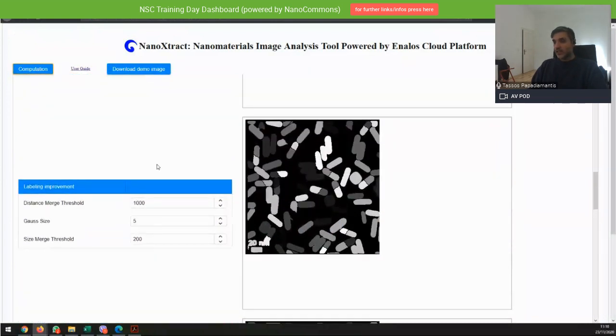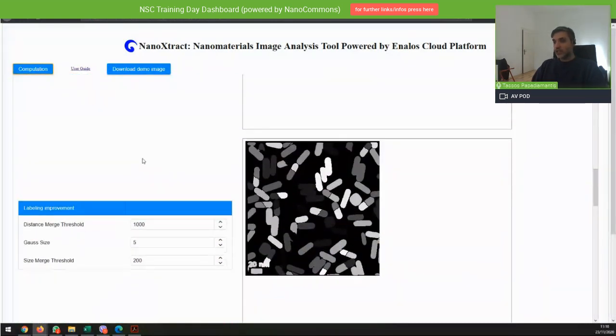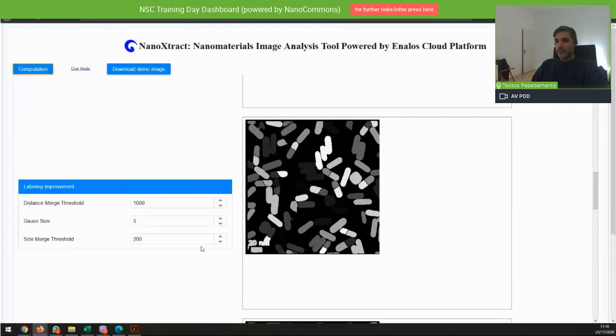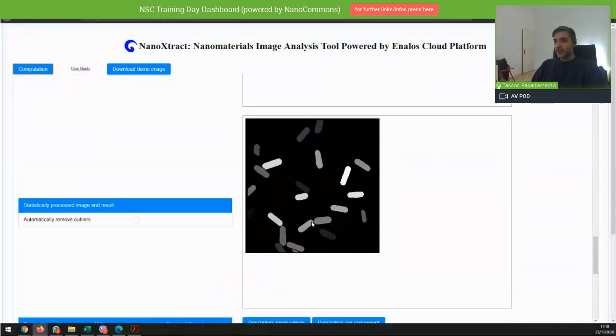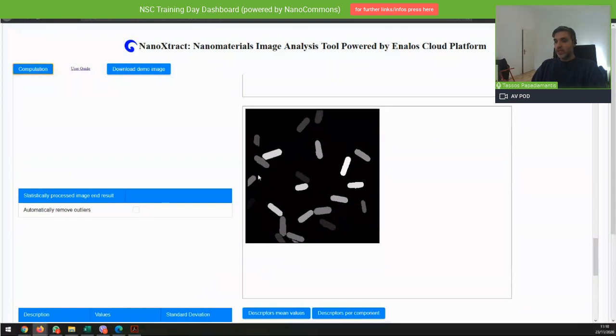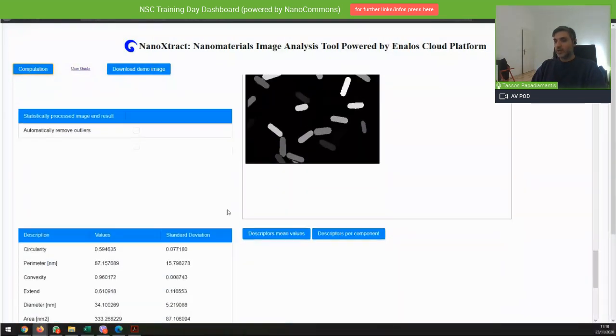Okay, now as you can see, by changing these things, it became a lot better. Now we have a lot fewer nanomaterials identified while we started also dividing these ones here. And eventually, if we go to our calculated image, besides these two in the small part here, we have full rods that have been calculated.